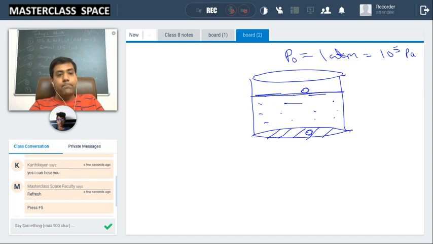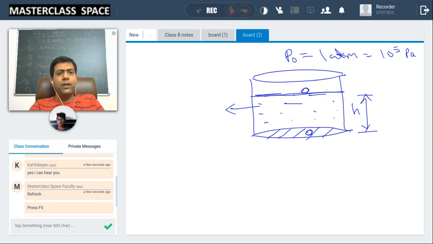Underwater, it will be more. But how much more? We don't know. Fine. For that only, suppose this water is filled up to height h. It is filled up to height h. Acceleration due to gravity is g. You know this one. And density of water is